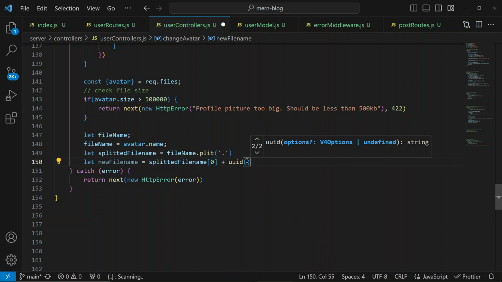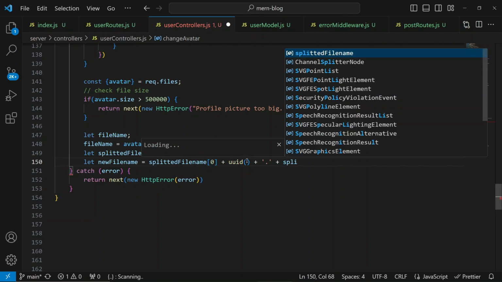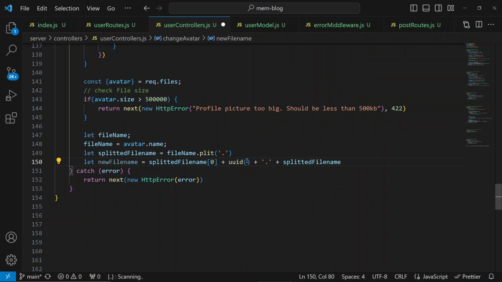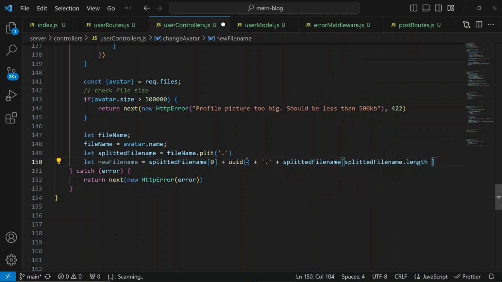I have to instantiate this, and we'll have our dots and then the extension, which is going to be the last part of the split, right? So let's add the extension. That's the splitted file name, and then we get the splitted file name length -1, and that is always going to give us the last element in the splitted array, if that makes sense. Okay,